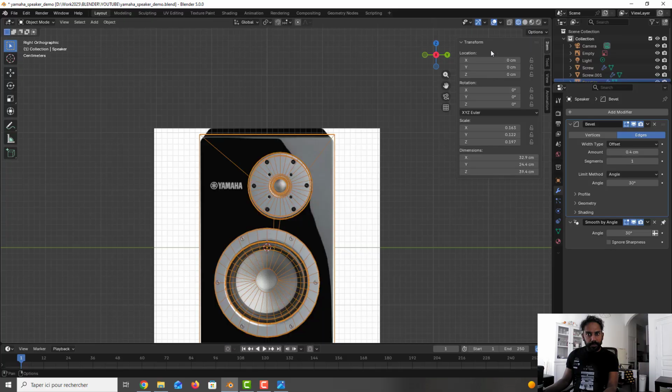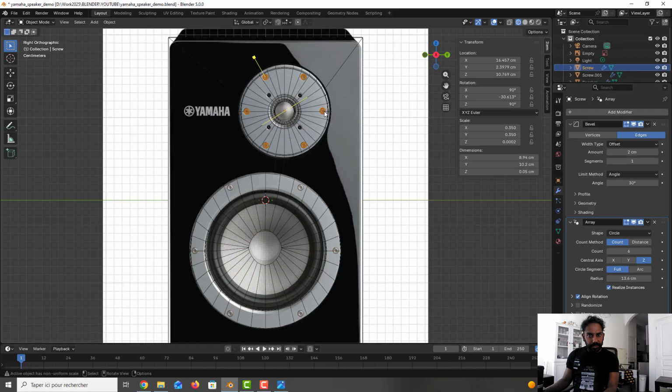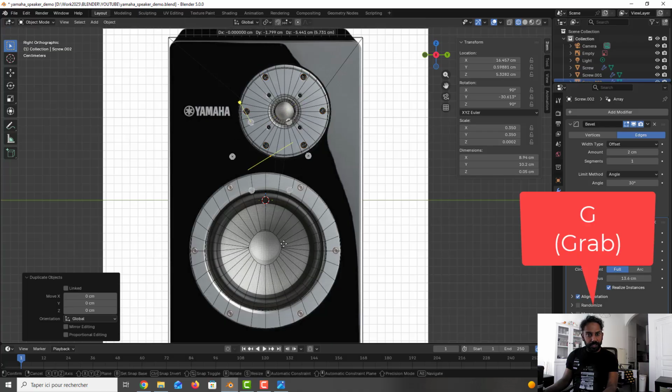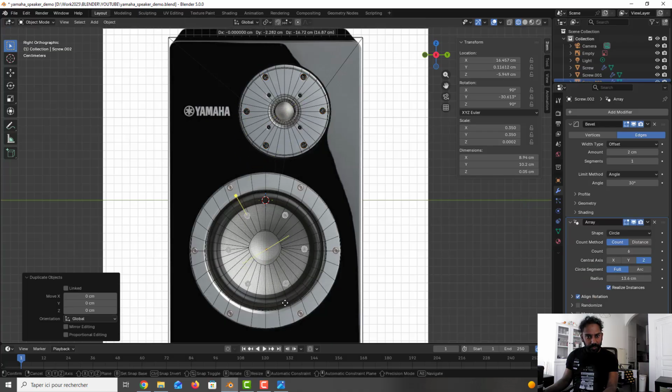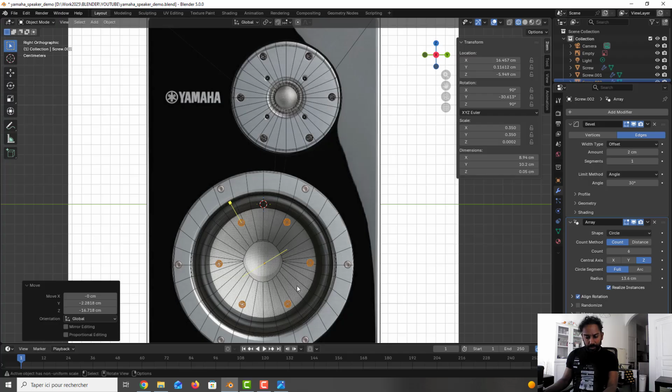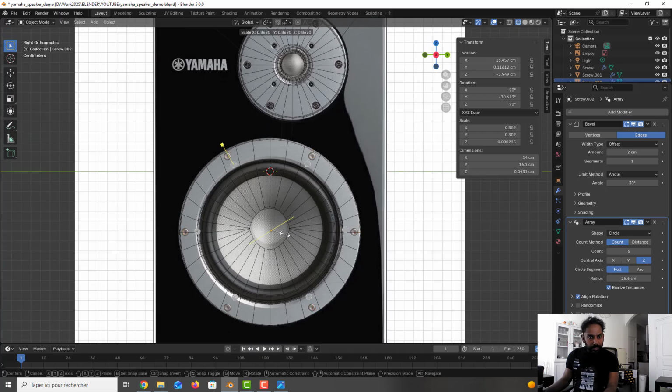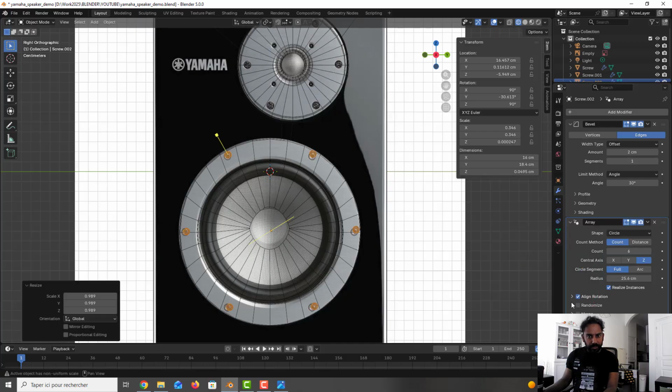I go to the wireframe like this. I take the screw here. I press Shift D to make a copy, Enter, G to move, and we need to move here. I can do a ground radius is here, so it will be almost like here. And we can do a little bit of scale like this too, just to be closer to the model. Okay, I will reduce just a little bit, maybe like this, or more,